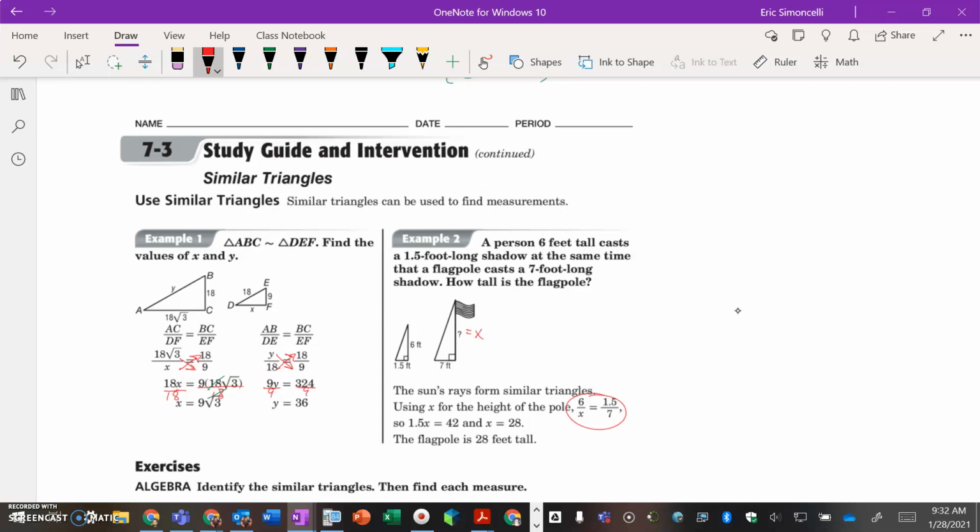Now we are going to be solving for x to essentially prove that they are similar triangles, but by virtue of solving for x, and you can of course cross multiply, you get x to be 28 feet. If that's the case, you can double check, but 6/28 is in fact the exact same fraction. So they